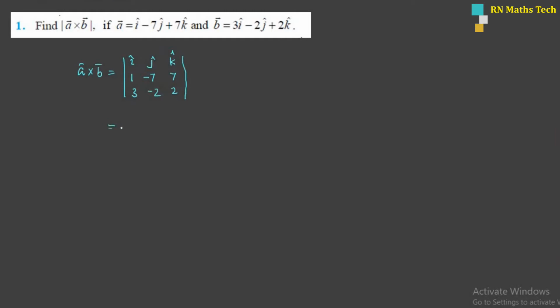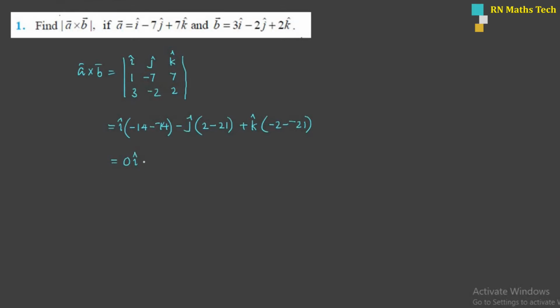Expanding, it is i into (minus 7 into 2 minus 14, minus 7 into 2 minus 14), minus j into (2 minus 21), plus k into (minus 2 minus minus 21), that's equal to